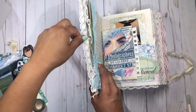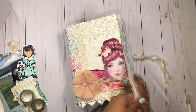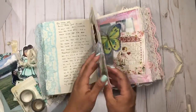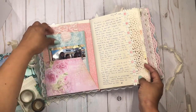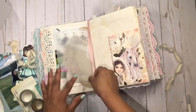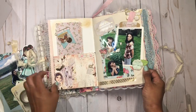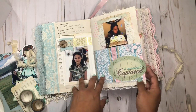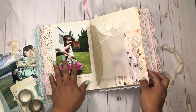So today I decided to work on my journal a little bit. I haven't done any journal with me videos in a while, but I have been just journaling. I created this journal to document my kids' adventures, so I have all kinds of pictures of them. They're not in order. I think I started in order at the beginning, and I started this last year, but then I've just been documenting different events and then I started skipping pages and then going